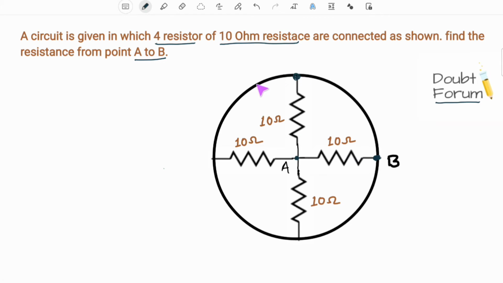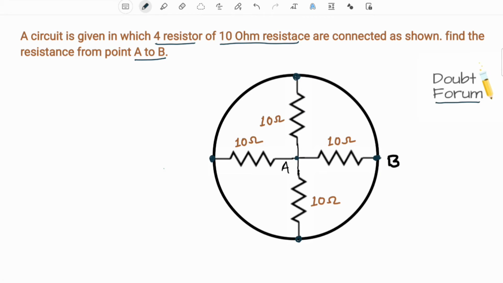And if we move further, we can see that still we find no resistor connected in this branch. So the voltage drop in this branch will be 0. So the potential of this point will be the same as this point. Similarly, if we move further, we find that there is no resistor connected in this branch, so the potential drop in this branch will be 0. So from here we can conclude that this point and this point and this point and this point are the same.